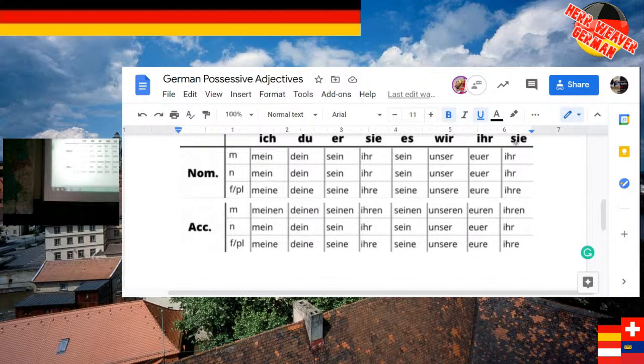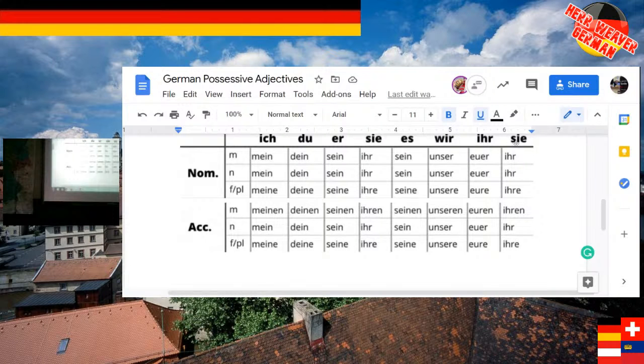Gender of textbook again was das, so no ending. Okay, now we're in the accusative masculine. What's the ending? There we go. Now we have a change. En. Now, why is that? Because here we look over here, and we see it is accusative, masculine, it's en across the board, no matter what the possessive pronoun is, that doesn't matter. What matters is the thing you're showing possession of.